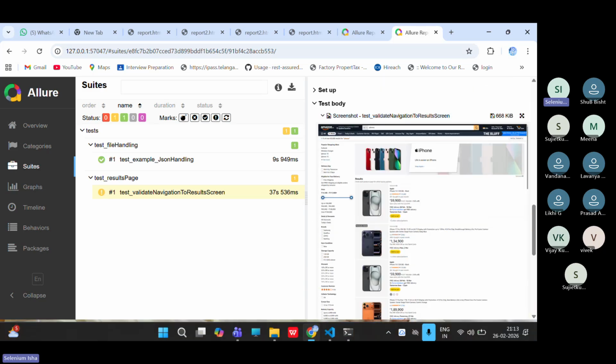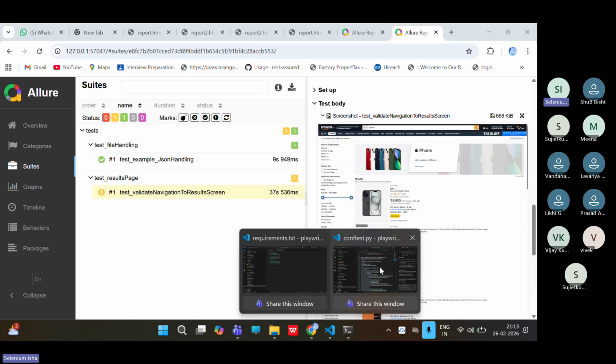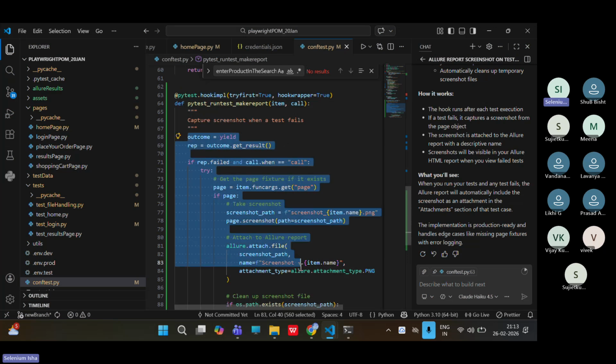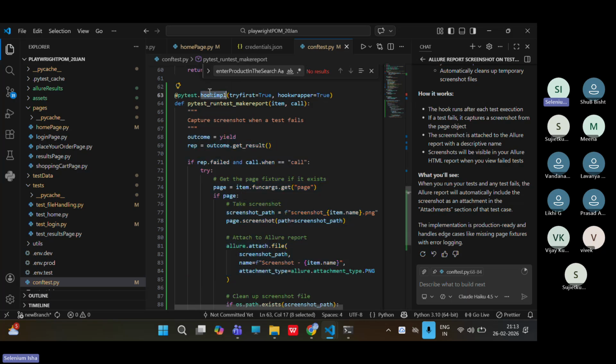How did I generate my screenshot? Because of my hook implementation. What does a hook implementation do? It will try to monitor the entire report. And that's the thing, whatever I asked it to do, the hook implementation will